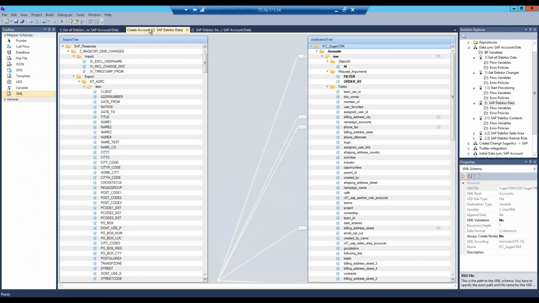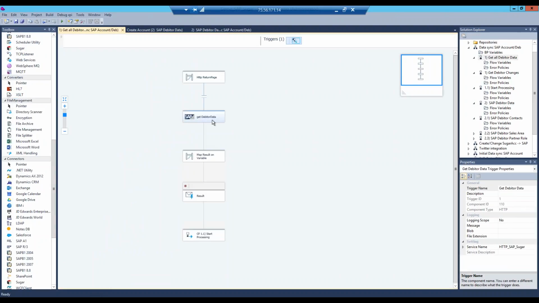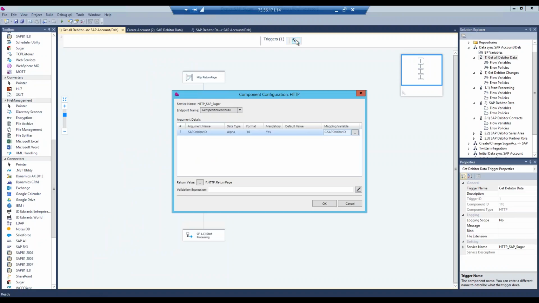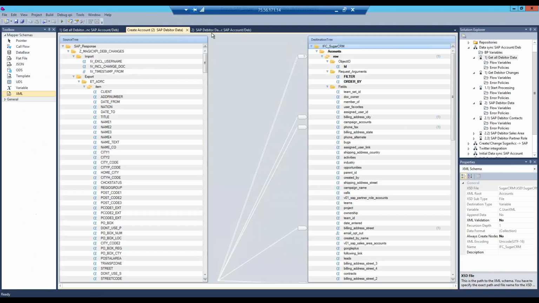So here I have some logic to get what we call the new customers from SAP, and I believe I have an HTTP trigger where the SAP ID is being passed directly from SAP, and it's being passed here. When I go in here, it strips the header information, grabs the data, and passes that on to